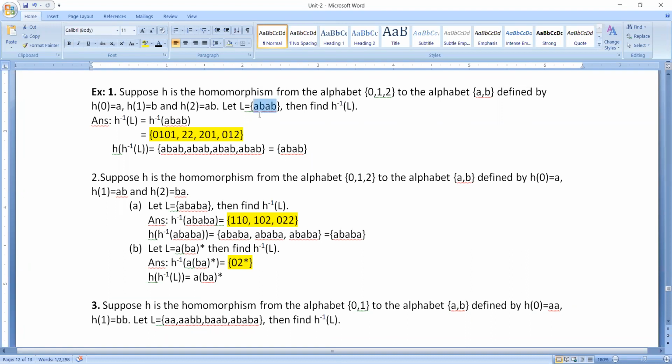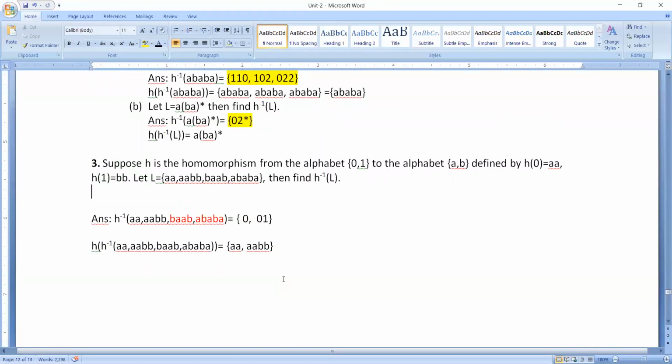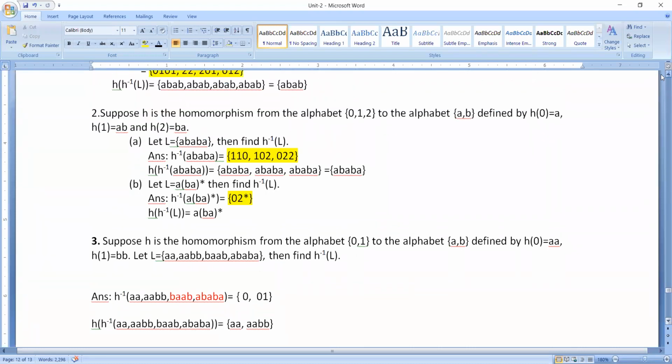You can see here, AB, and you can see here ABA is the result which we are going to get after applying the inverse homomorphism, and this is the language on which we applied the inverse homomorphism, right? And this is also ABA whole star, and where we have applied on ABA whole star. So in the sense, sometimes you may get the complete set as it is, or sometimes it is also possible that you may result in the subset also. Okay, so this is what we mean by the inverse homomorphism function.